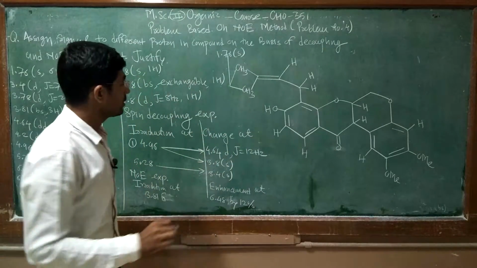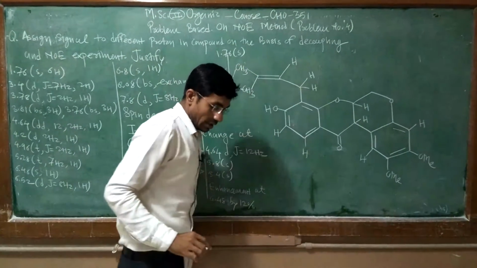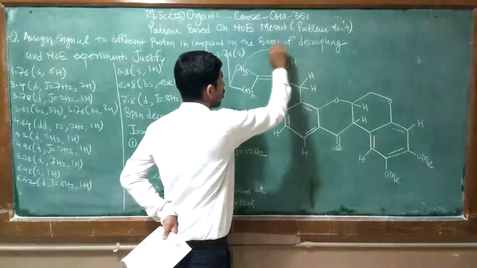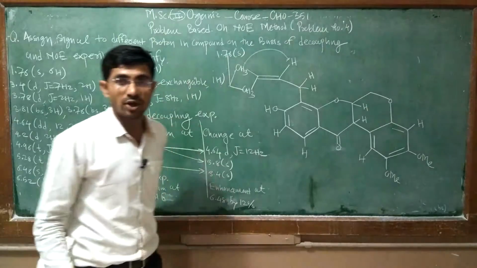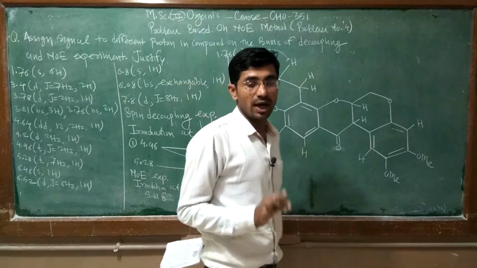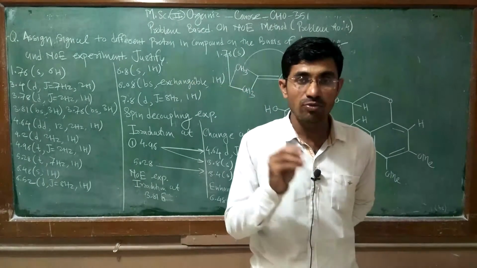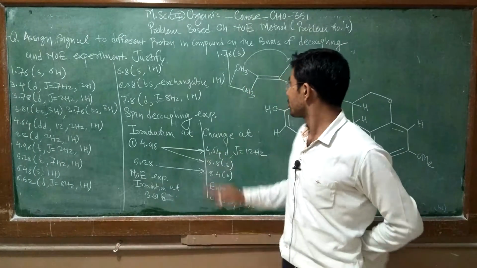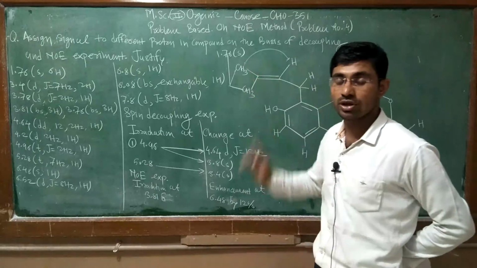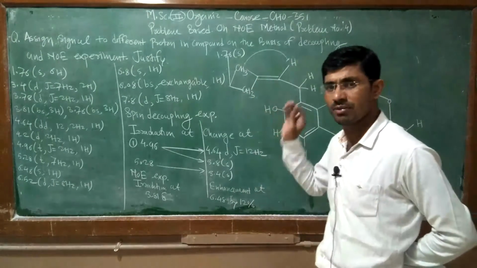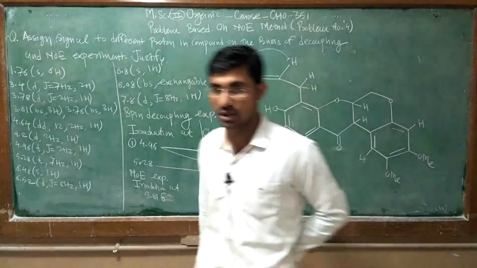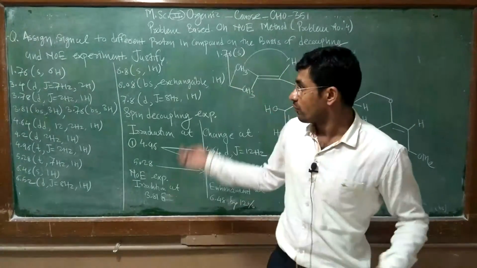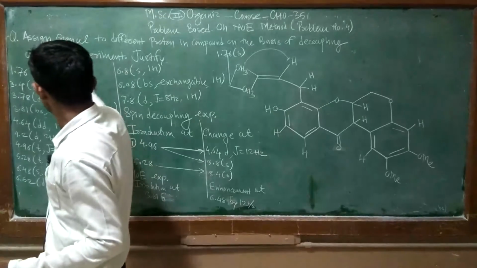Why do they show a singlet? Because in this example they are considered that this proton is not coupled with this, meaning allylic coupling on the opposite side. They are considered to be of very small magnitude, and because of that this coupling is not considered. So because of that both methyl groups show the singlet and they have nearly the same chemical environment. Because of that, 1.76 singlet, 6 protons. So the first signal is 1.76.